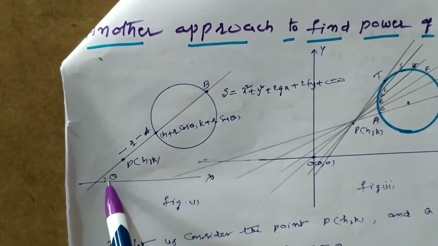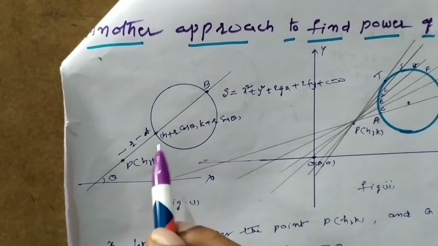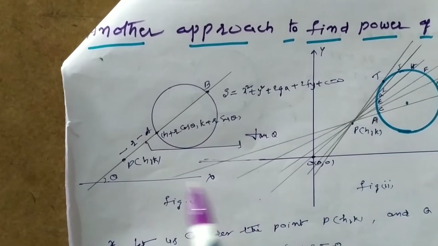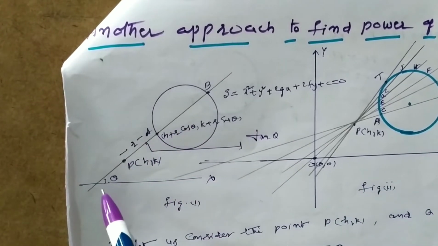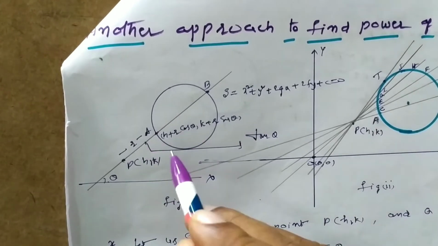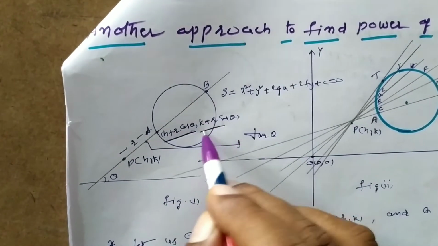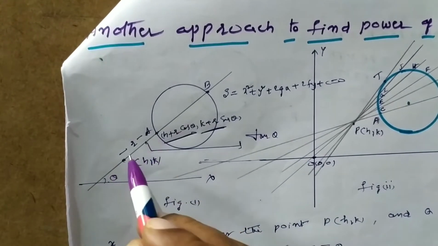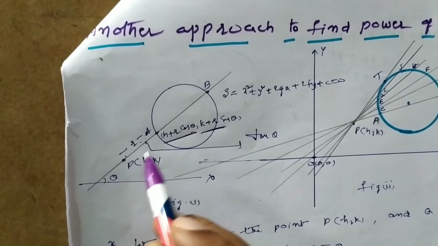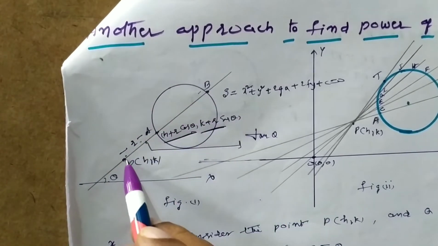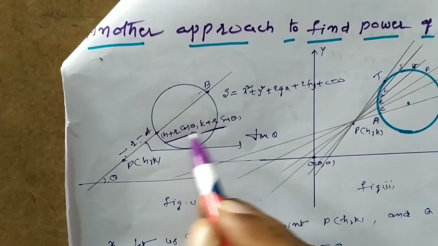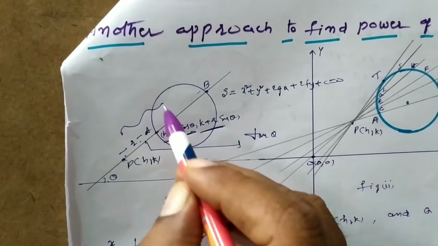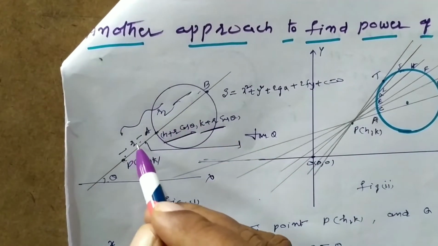As it is making an angle theta, it has a fixed slope. The slope of this line will be tan theta. Suppose it is intersecting at A and B; the intersecting points can be taken in the form h plus r cos theta, k plus r sin theta. That means A is at a distance r from P. For B, it is h plus r2 cos theta, k plus r2 sin theta, where the distance will be r1 or r2.